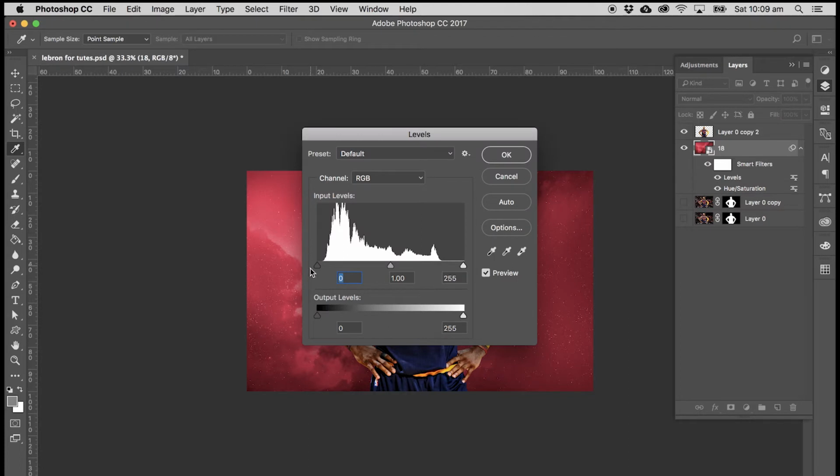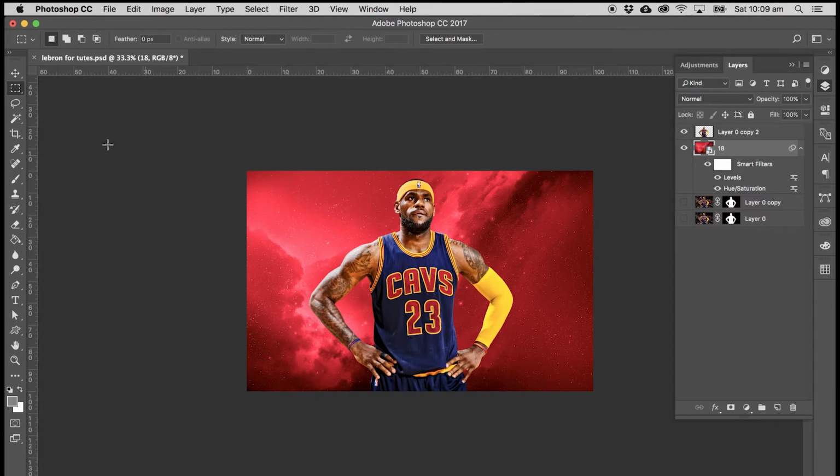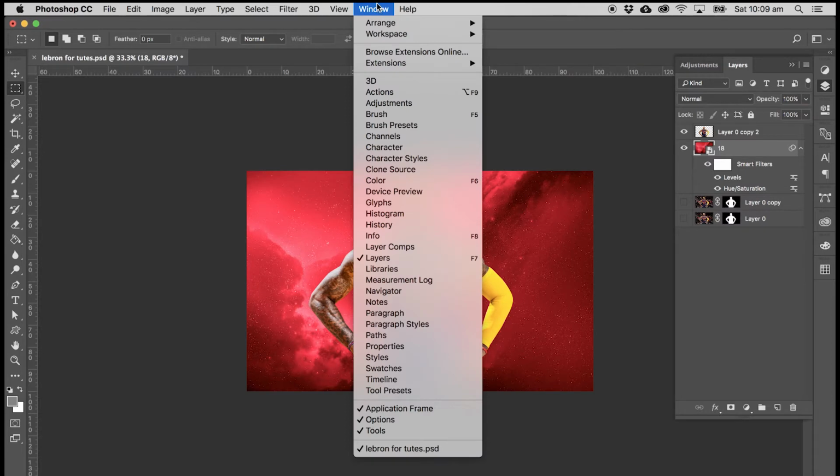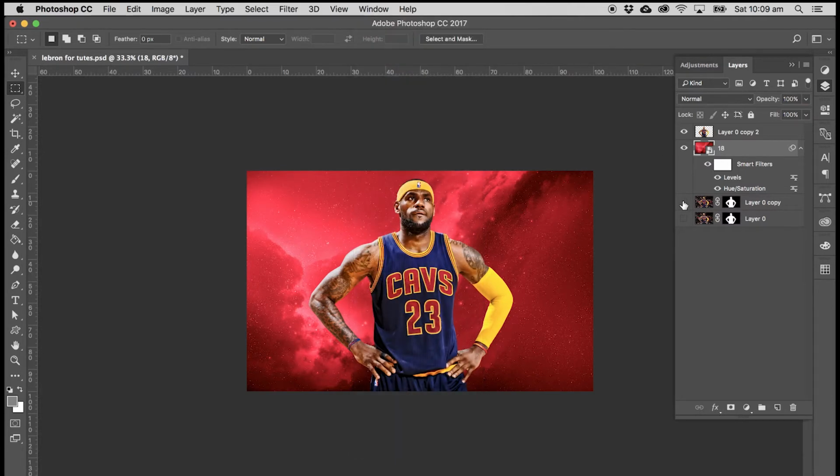That's Command L on the Mac, on the PC. You know what? Don't care. I feel bad now. So, you know where the levels is. Window, you can do it. Actually, yeah, there's a way. Figure it out. That's cool. Type in levels. So we start with that, and then I'm going to look at